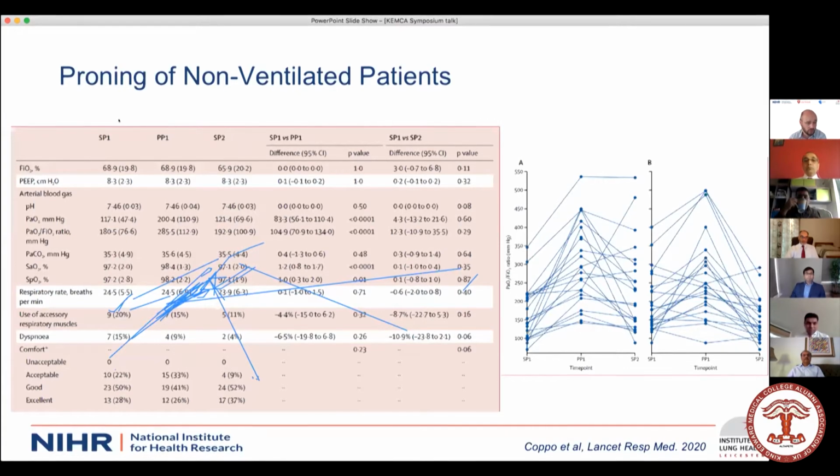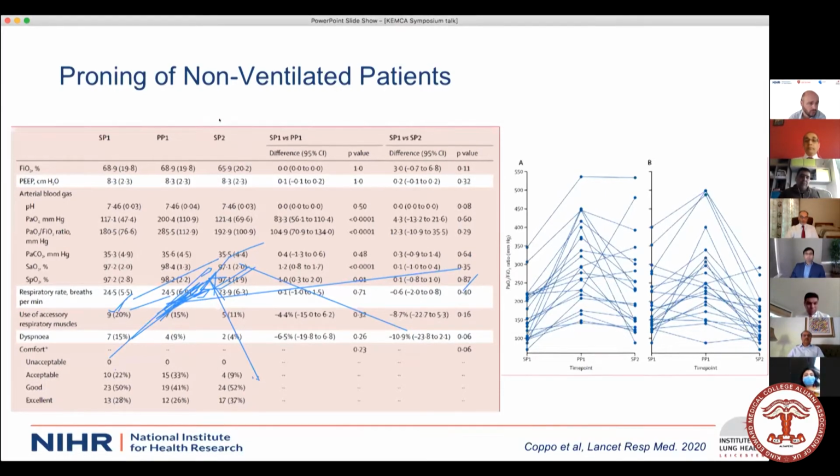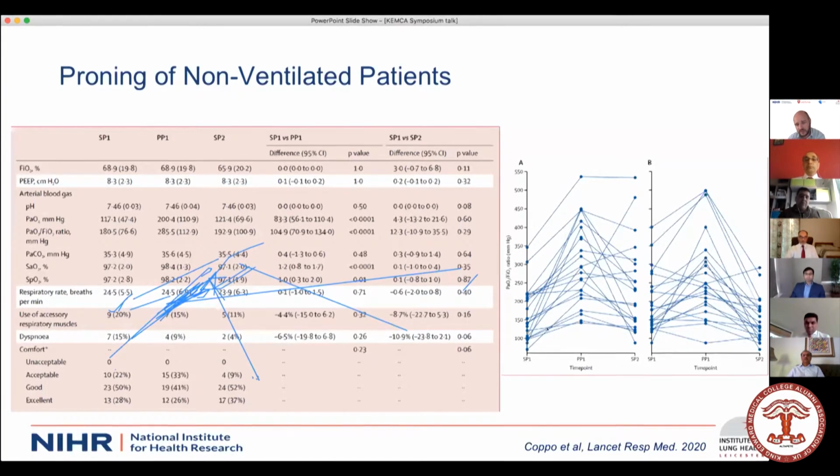Well, in this cohort of patients in, I think it was Italy, they prone people. 87% of people were able to be prone for more than 3 hours comfortably, so they worked very well. And we can see here in the patients that were proned, oxygenation and ventilation improved. So we absolutely saw an improvement in ventilation, and once moving them back from prone to supine, about half of them maintained their improvement in oxygenation, but a half went down. So the question is where this fits clinically.